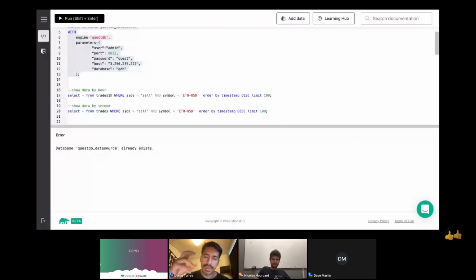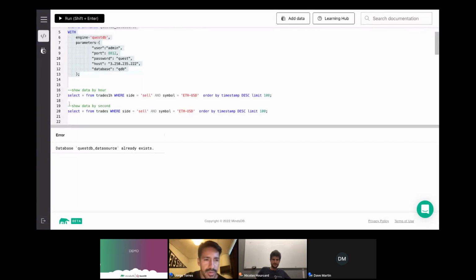MindsDB aggregates, or collects, the data that it needs for machine learning by connecting to a third-party database. And the purpose of that MLOps lifecycle that we described is that you pick the database that suits your problem. And if it's time series, I bet it's QuestDB. Now, this particular database already has some demo data. Let's look at the information that we have there.